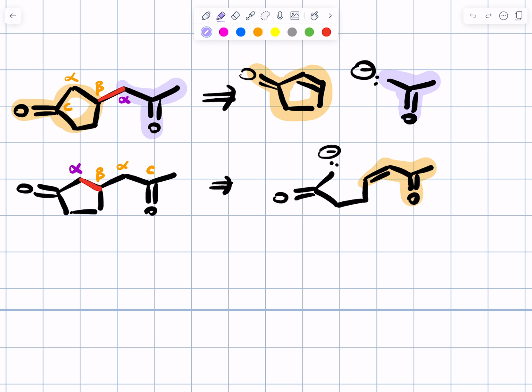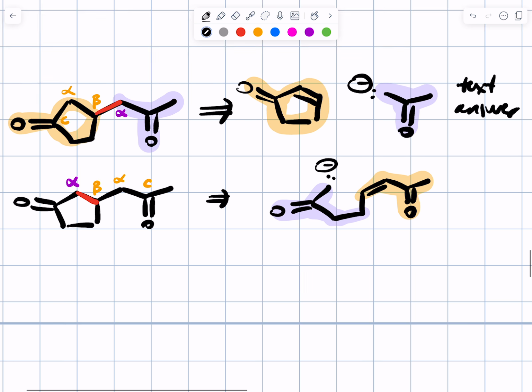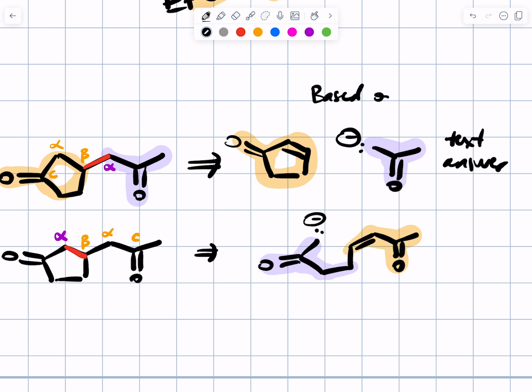I was going to say that in organic chemistry, we have some data on what types of intramolecular reactions are favorable versus which aren't. And so it's possible the text is choosing this one because that's what the people who did the reaction did. It's not that this wouldn't work, it's just that this was synthetically easier. So on an exam question, I wouldn't have this be A and this be B, and you'd have to choose between the two. Likely only one of them would be there. Yeah. So this is your text answer